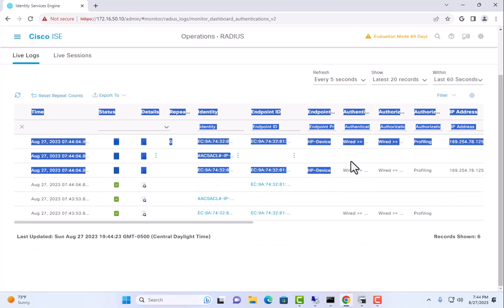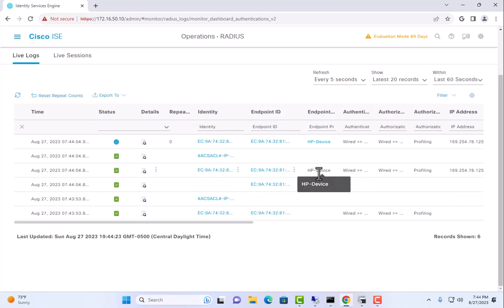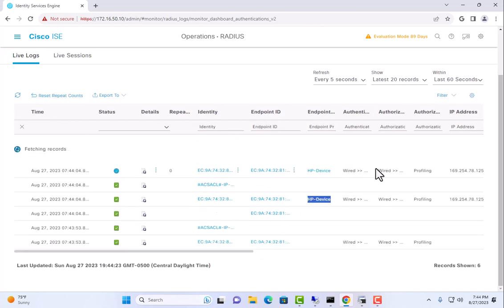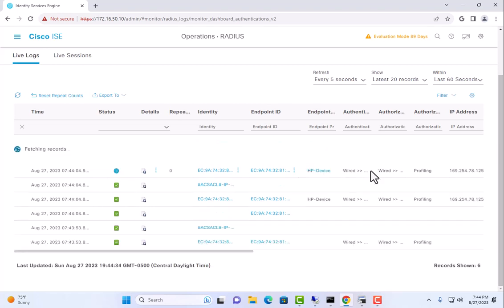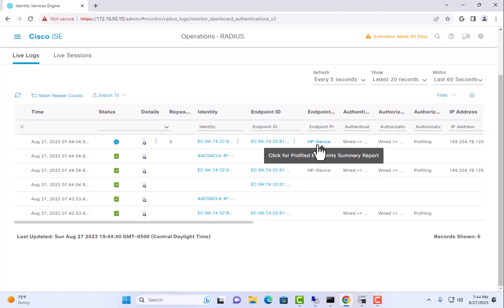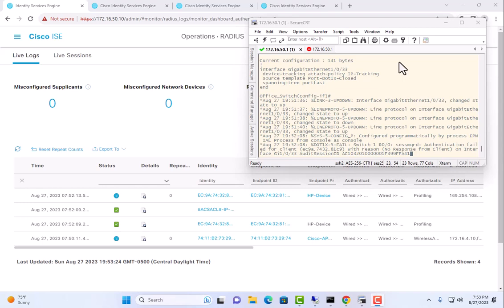I lied to you earlier. So here's what's happening here. HP device. The policy that I added, or the profiling policy that I added the printer to, was HP LaserJet printer. So we are not getting enough information about the device. Let's go ahead and let it on. So what I'll do here,